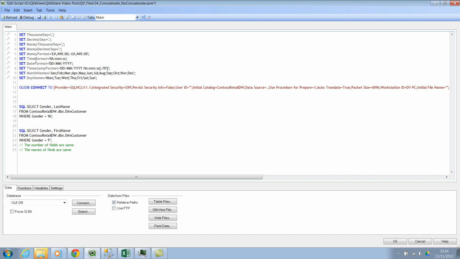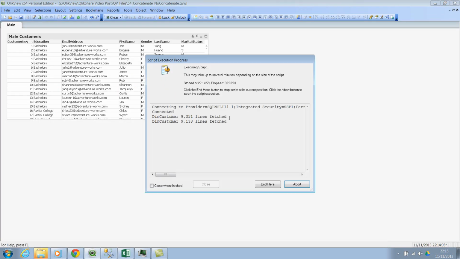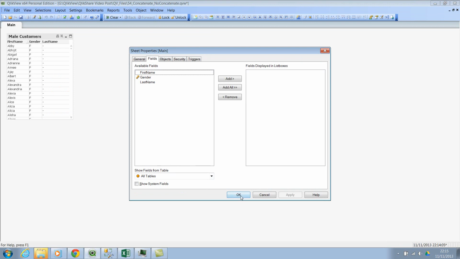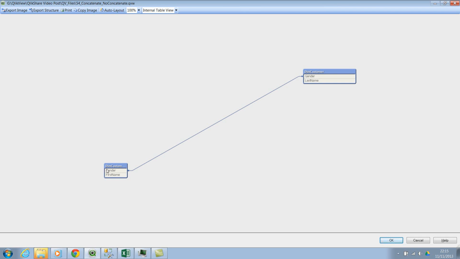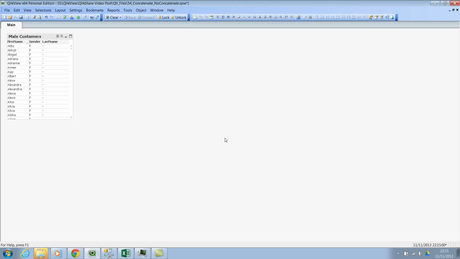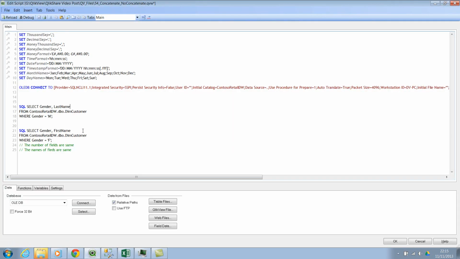Now if I go ahead and reload, let's see what happens. Yes, we lost the data because we've loaded only a subset of data. Let's go back. QlikView performed a join here because we have first name here and last name here. So let's go back and say that we don't want to perform a join,